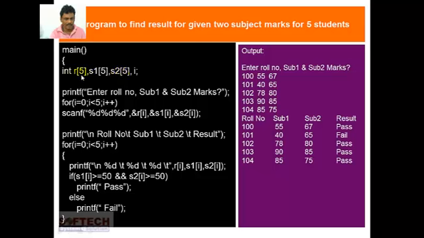So we allocate 5 locations for roll number, 5 locations for S1 and 5 locations for S2. We give the information to the user by using a printf statement, and that is displayed at the time of execution. It will display like: enter roll number, subject 1, subject 2, marks, and question mark. So after